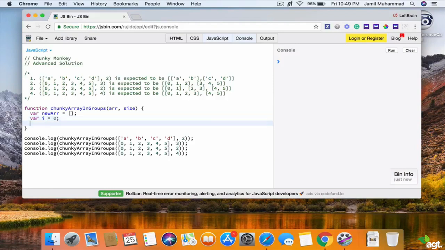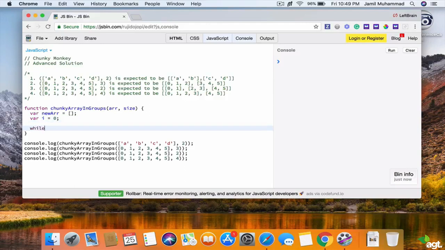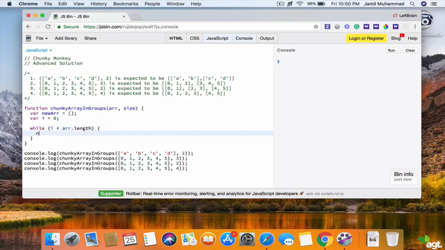So i will be initialized to 0. And then we're going to have a while loop. And then i is going to be less than the length of array, our parameter. And then new array will push